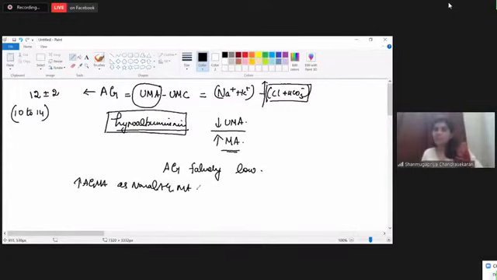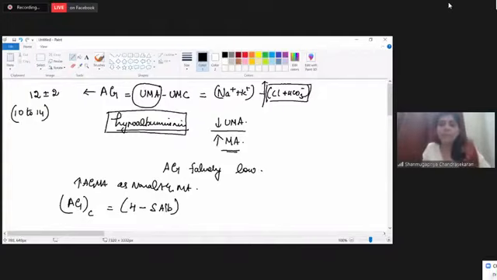Do you understand this? That is why before you interpret anion gap, you should have the value of albumin in hand. Only if the albumin value is normal, you're going to take the value as such from the report. If albumin is less than 4, there is a correction factor for anion gap. Corrected anion gap is equal to 4 minus serum albumin. That's why I said if albumin value is less than 4, you have to have a correction. So 4 minus serum albumin, whatever albumin the person's blood shows, times 2.5, plus the calculated anion gap.